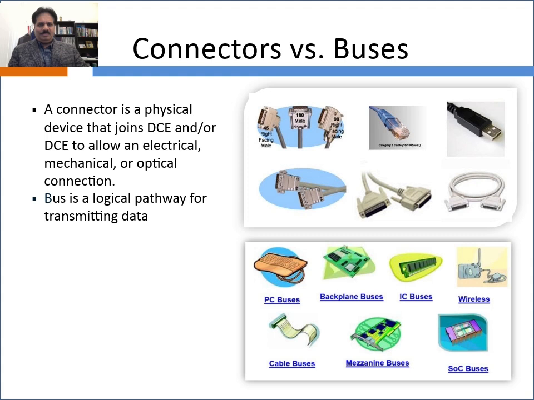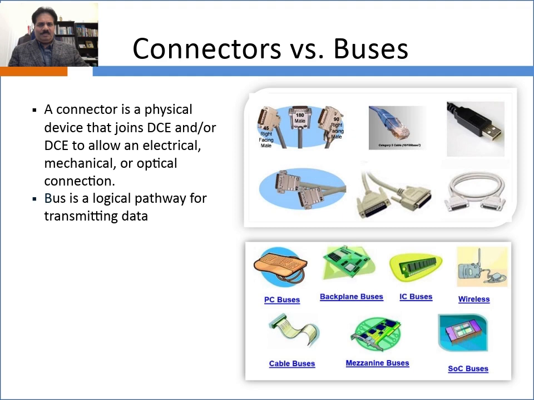There are actually two ways to connect devices. One type is called just connectors, and the other type is called buses. A connector is a physical device that joins DTE and DCE to allow electrical, mechanical, or optical connections. A bus is a logical pathway for transmitting data. What do you mean by logical pathway? Logical means some kind of logic is involved when you transfer data from one place to another,